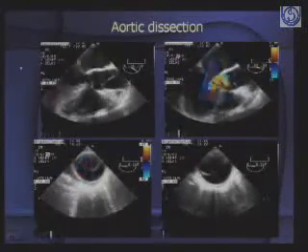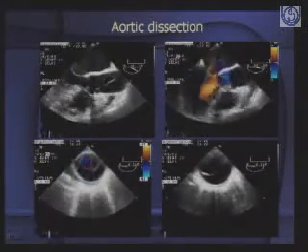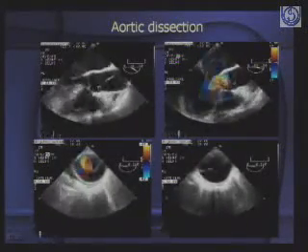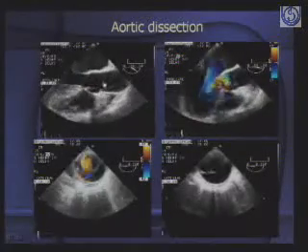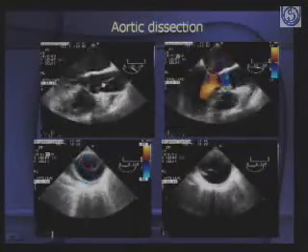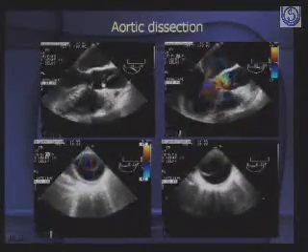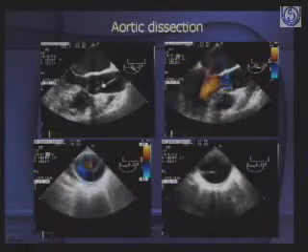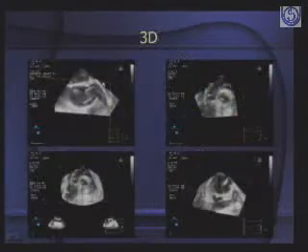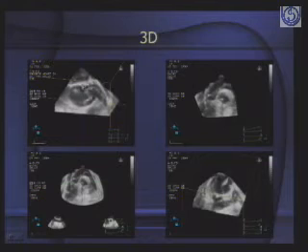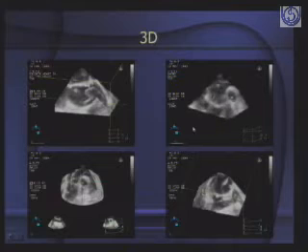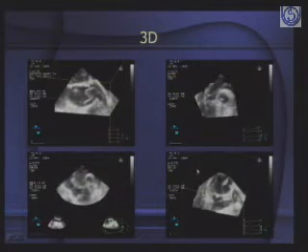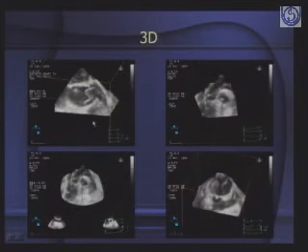Here, this is a good example of the fact that this TEE shows you very clearly the point of entry and the flap very clearly. So aortic dissection is another condition of aortic regurgitation. Okay, and this is just to give you a trailer of what's in store. This is a 3D echo of a patient with aortic dissection, and just as the valve, you can see